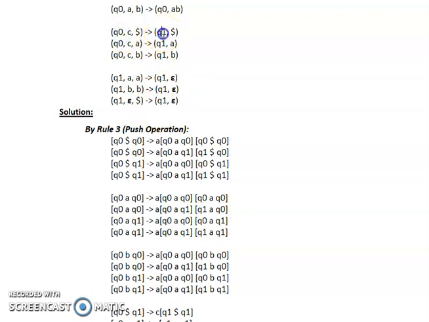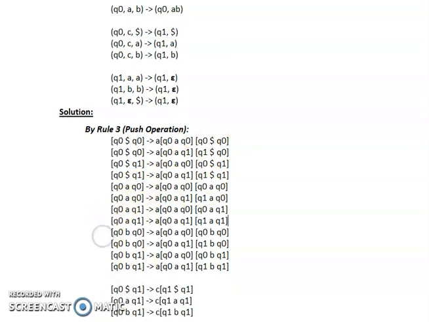Now from state Q0 to Q1, and the symbol on the stack remains the same, that is dollar. So for this particular transition, Q0 is copied as it is. Suppose let's remove the enters over here so that you can see the whole screen. Now for this particular transition, you will obtain this production rule. Over here Q0 is there, so you have copied it as it is. Now dollar, that is the top of the stack, is copied over here. Then you are having Q1 over here.